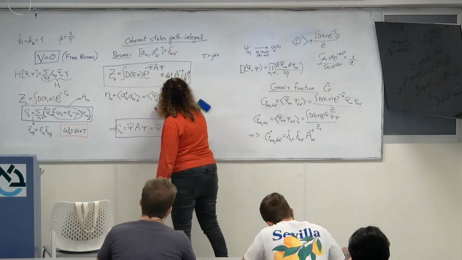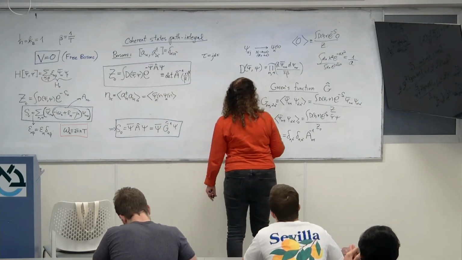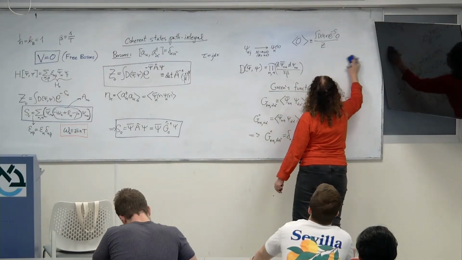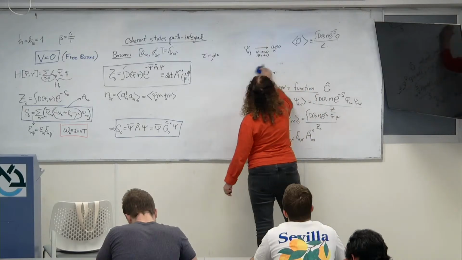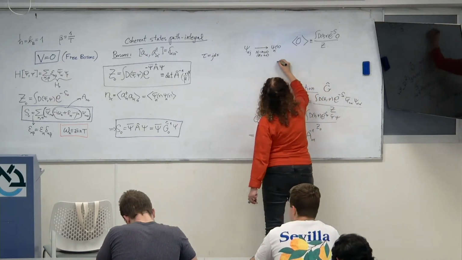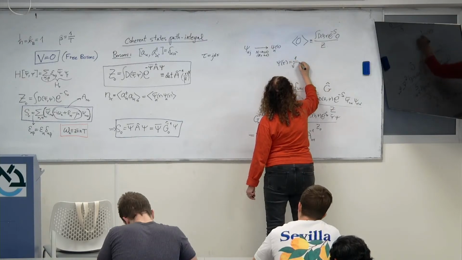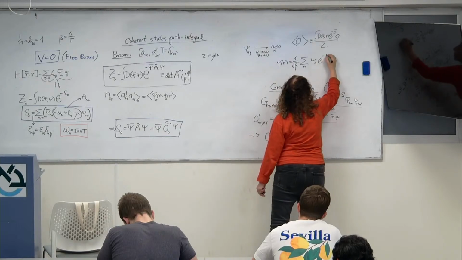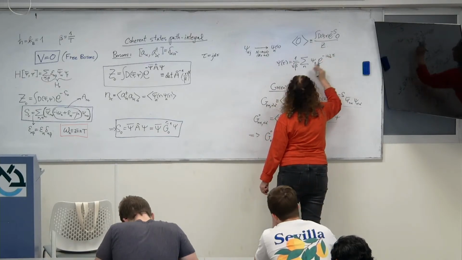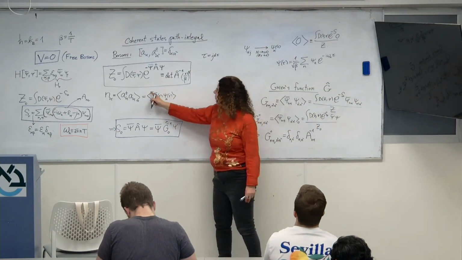Because now I'm using the Fourier decomposition, which I erased, so let me just remind you that psi of tau is the sum over n of psi n, e to the minus i omega n tau, right? This is the Fourier decomposition. If I plug it here,